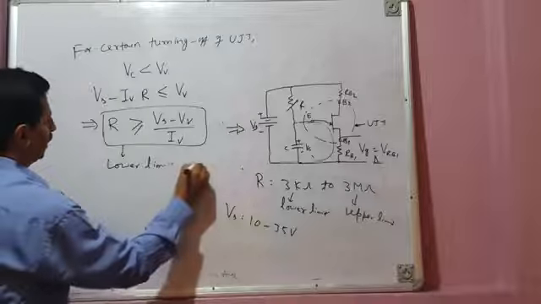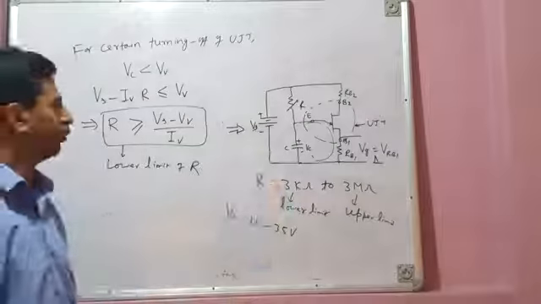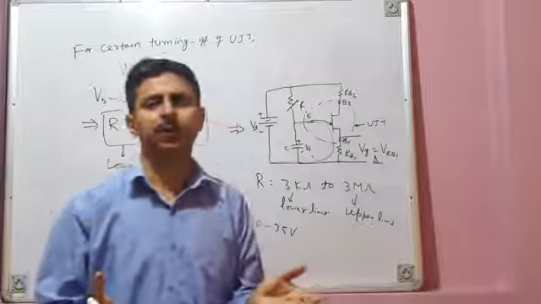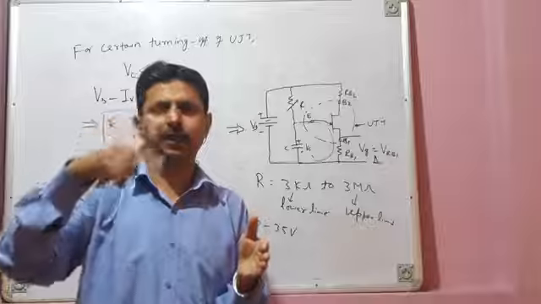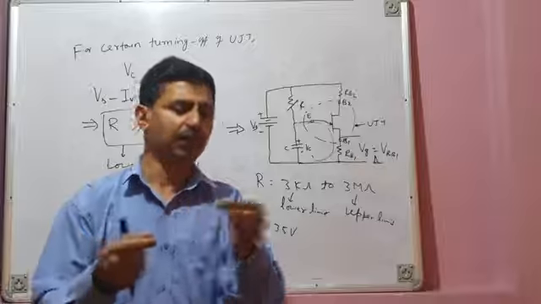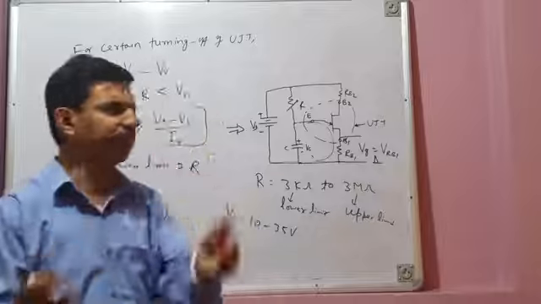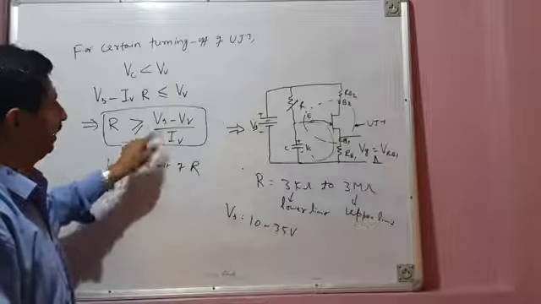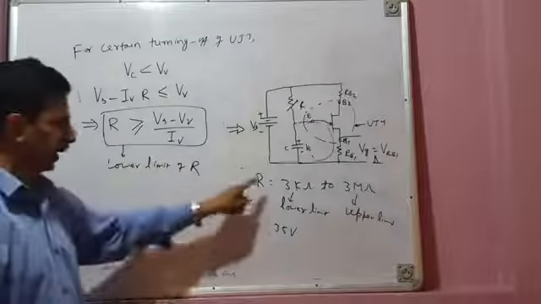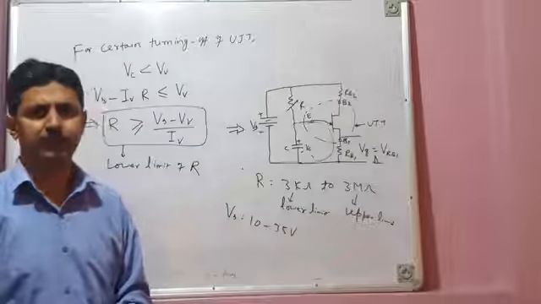Again, Vs, you know, is the applied voltage. You have decided the applied voltage. How to find valley point voltage and valley point current? Again, if a data sheet is not available, you can go to the laboratory and obtain its VI characteristics, which is very easy. You can find its valley point voltage and valley point current. Or if a data sheet is available, go to the data sheet, where valley point voltage VV and valley point current IV are already mentioned. Substitute the values here, and it will give you the lower limit of R. For example, here I have written the lower limit is generally 3 kilo ohms. It can be less than or more than 3 kilo ohms, depending upon your circuit.